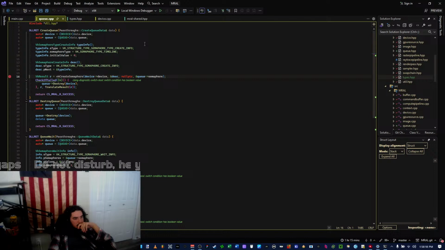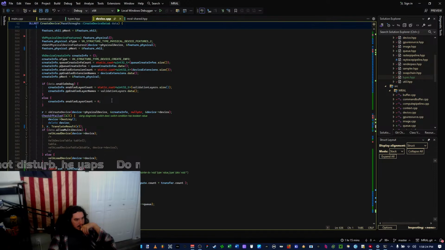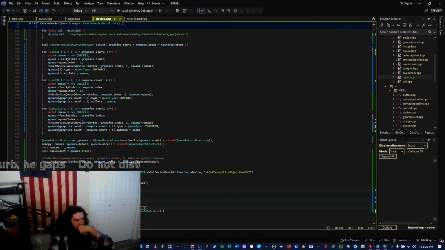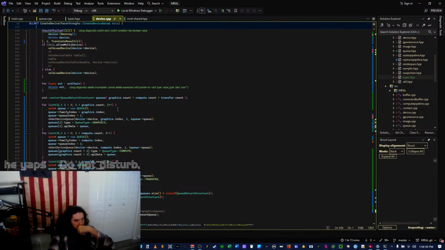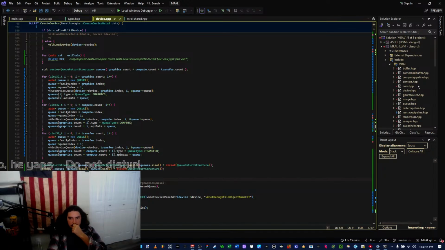Oh, what? I thought that gets returned. Queue return structure. Queues. Queue count. Return it. Okay, so that all works correctly now.